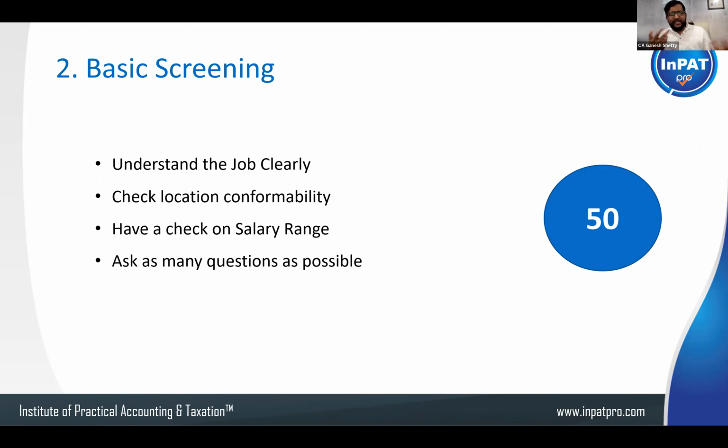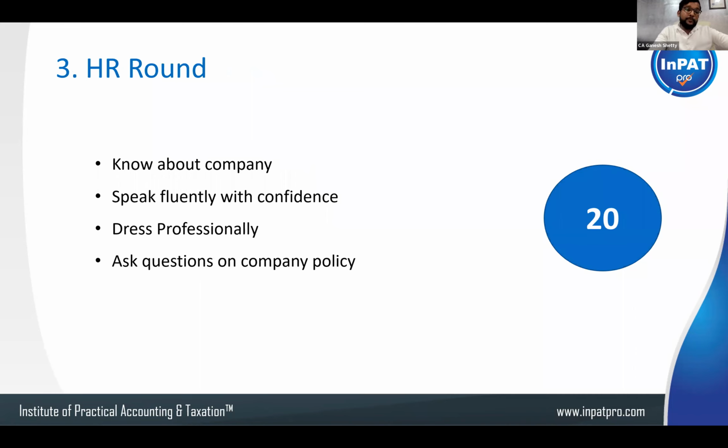Yeah, that might be possible, they might say. In the JD, they wouldn't have mentioned it, 15 to 20. So if your expectation is 1,000 above 20, then that is also something you can ask, not a problem. But genuinely, professionally, you have to ask. Ask any number of questions if you want, in the basic screening only, the telephonic interview only, because you should be getting all the details before you go for the